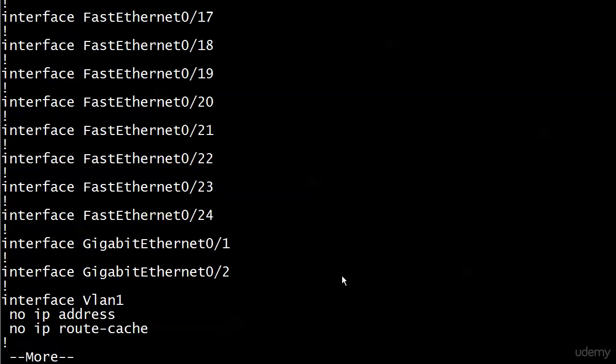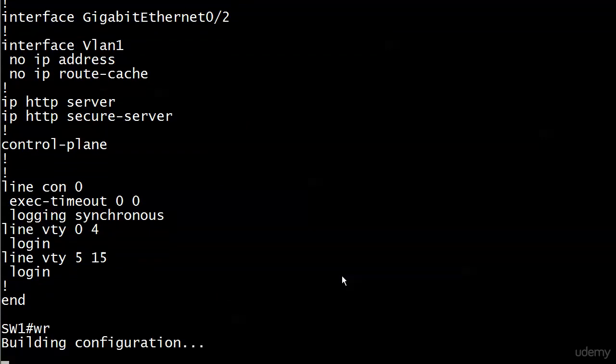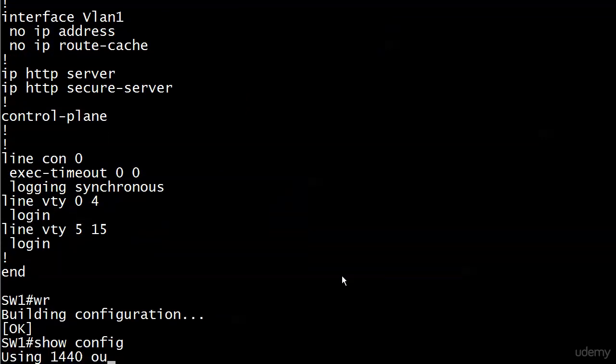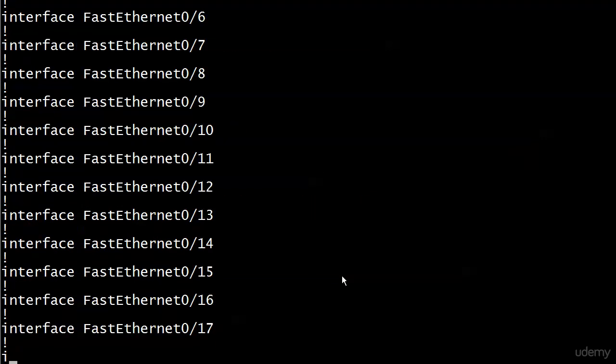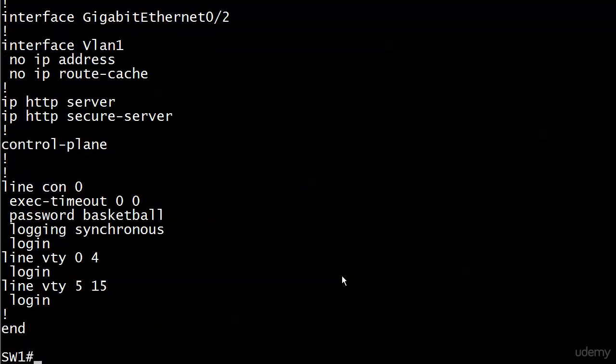And if we go down, okay, I need to do a quick save here. Then we can look at that config port. I'll start doing a filter so we don't have to do that. We've got exec timeout 00, there's logging synchronous, but also there's login and the password of basketball sitting there in